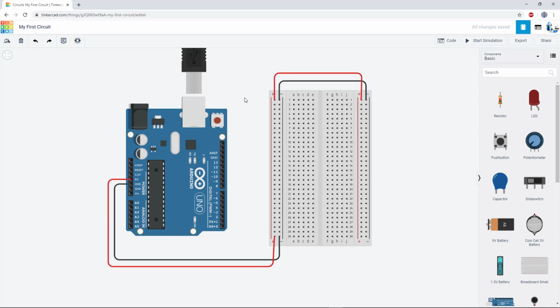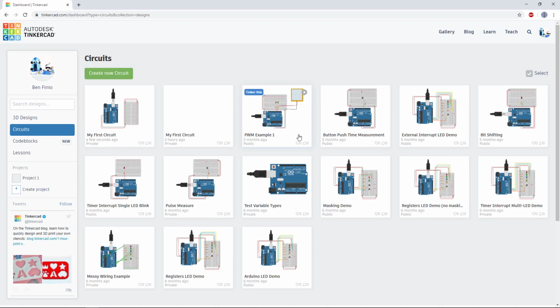Now, in our next lesson, we will introduce LEDs. Before we do that, a little bit about file management. In Tinkercad, you might not want to keep overwriting the same circuit with new additions, so if you would like to create a copy of this one, you can click on the Tinkercad logo in the upper left to go back to your account and see all of your circuits.